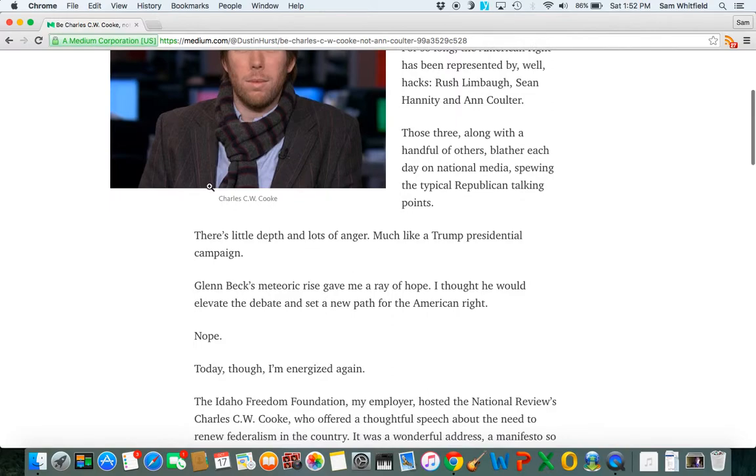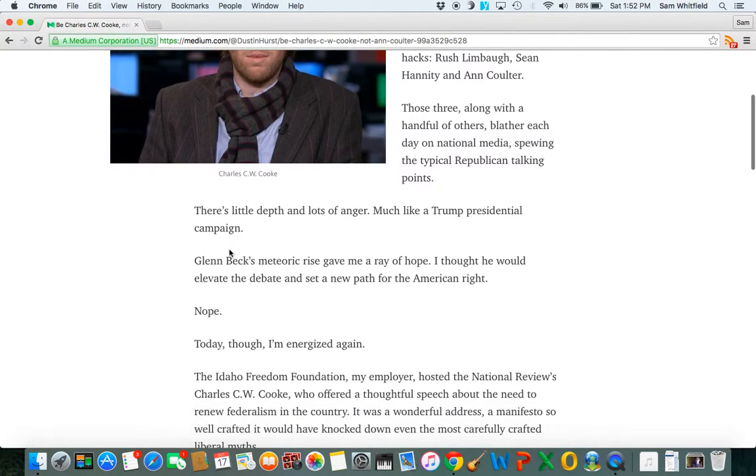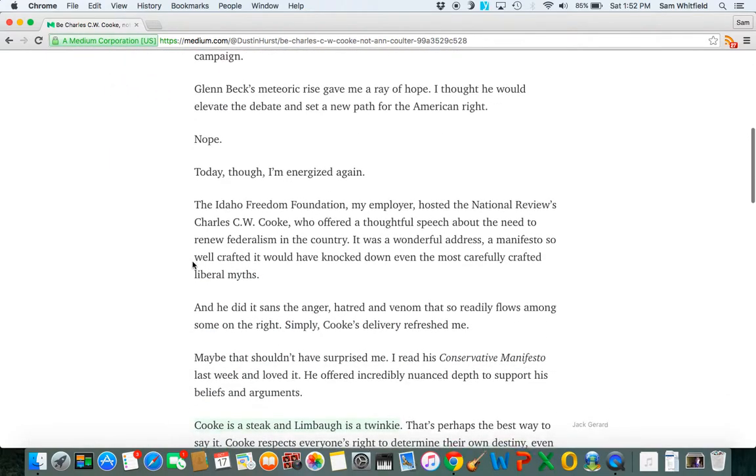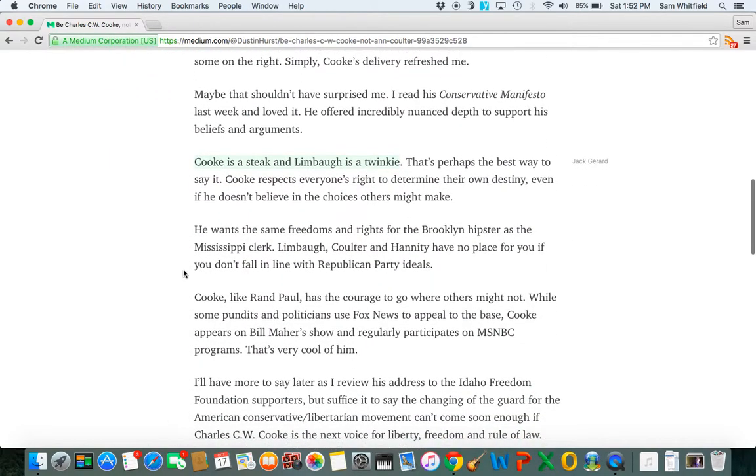So I'm going to highlight this section. "Cook, like Rand Paul, has the courage to go where others might not." And it just highlighted, but it didn't allow me to.